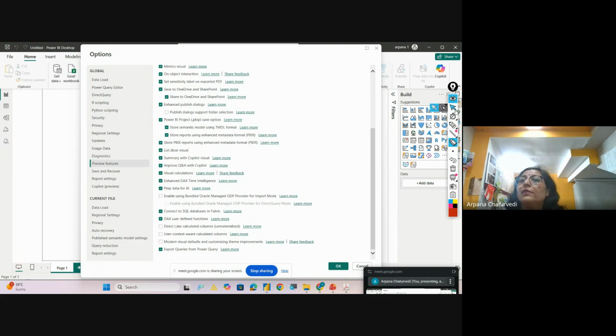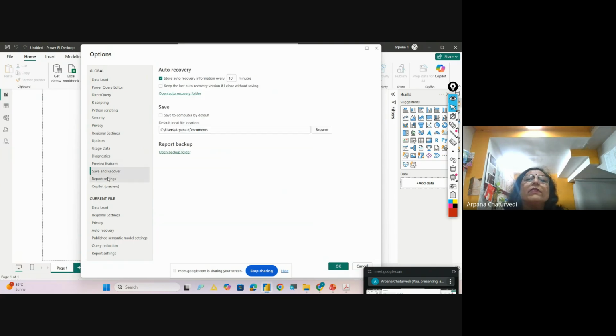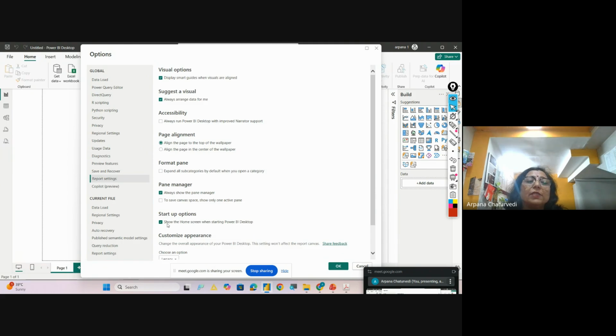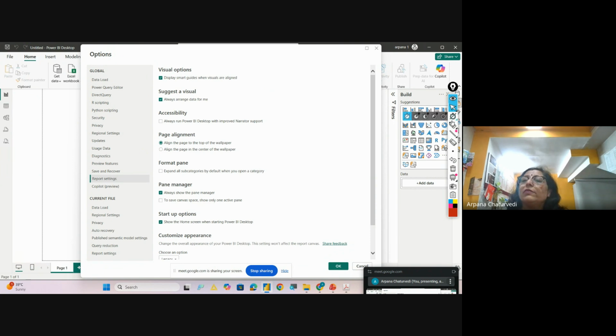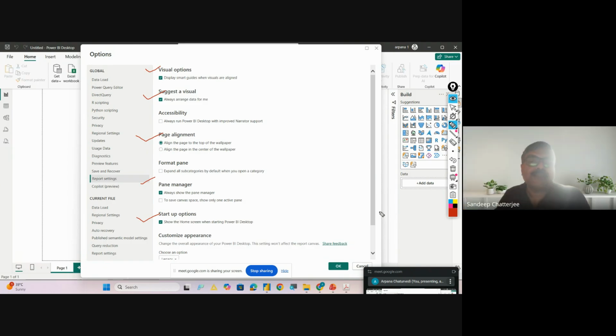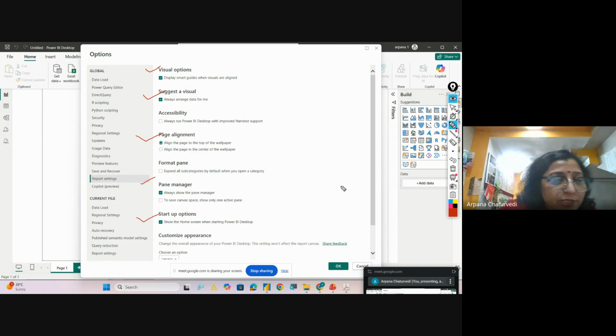Still I will check. ओके। Save and recover आपका होगा, रिपोर्ट सेटिंग में भी आपको पेन मैनेजर आप कर सकते हैं, यू जस्ट सी whether this is being done or not. This pain manager, always show the pain manager. Visual options, this also you can see. फॉर्मेट पेन। पेन मैनेजर तो मेरा आ ही नहीं रहा है। आपने माइक्रोसॉफ्ट स्टोर से डाउनलोड किया है ना? मैंने स्टोर से ही किया है। ओके, तो वी विल सी।